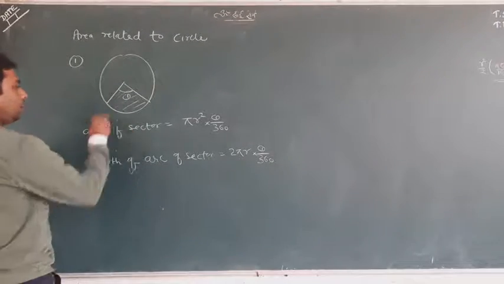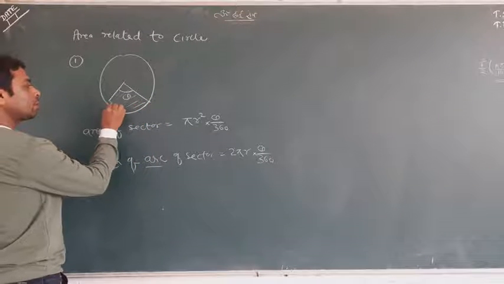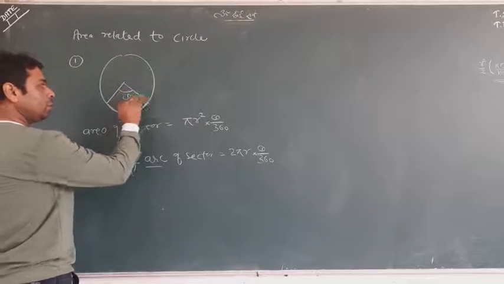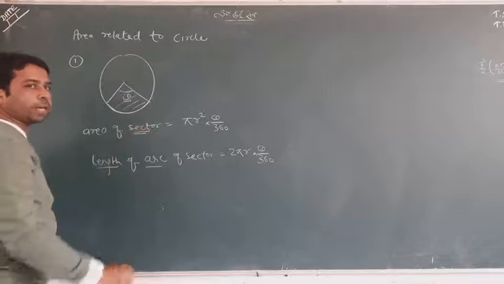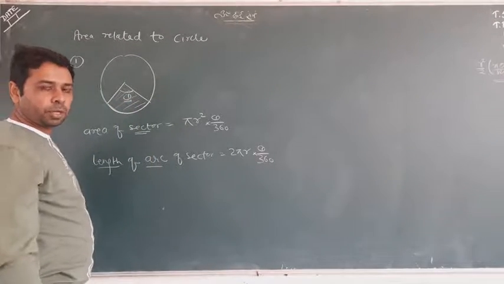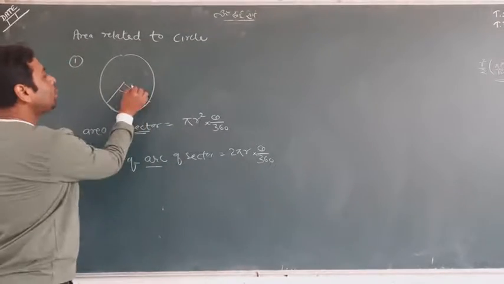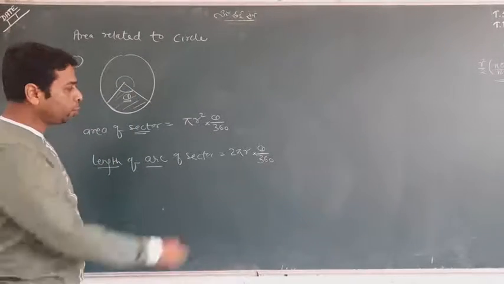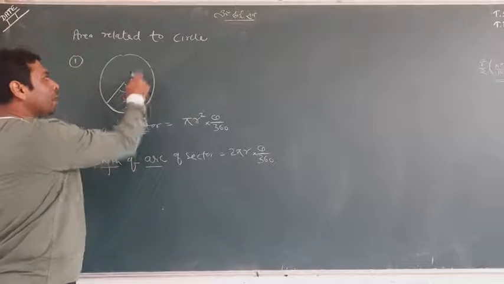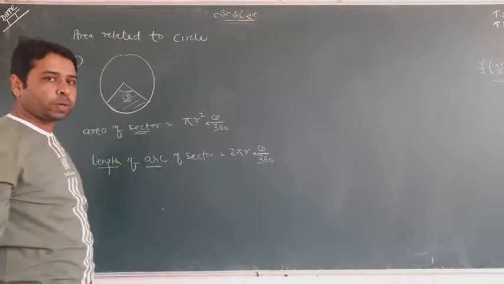The third one, what is the meaning of length of arc? This particular distance is the length of arc, and this whole region, when theta is given, is called area of sector. If you call it a minor sector, it is okay. If you want to find the major sector, we have two ways. Either you can find that theta and use the same formula, or find this particular area and subtract it from the area of the circle, which you know is pi r square.